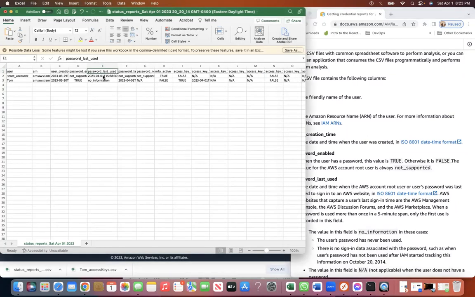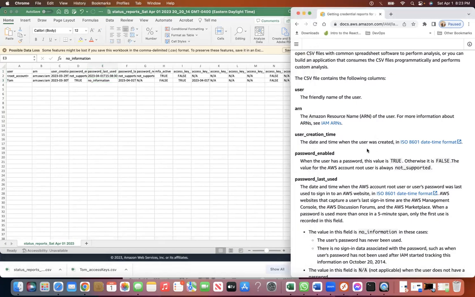So it's today, and the report here is pretty accurate. And today, the fact that we haven't used this, the IAM user, so it says no information. So let's move forward. Then we have